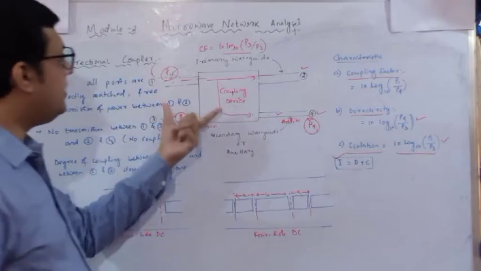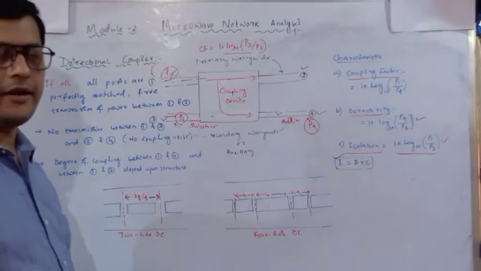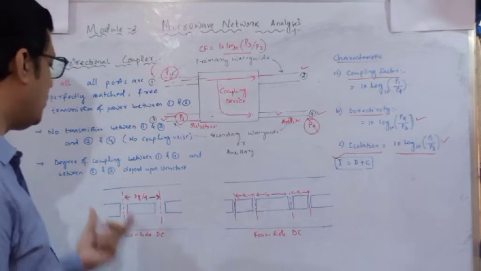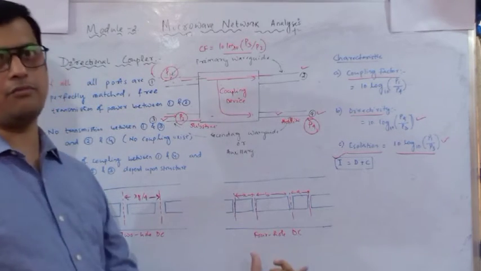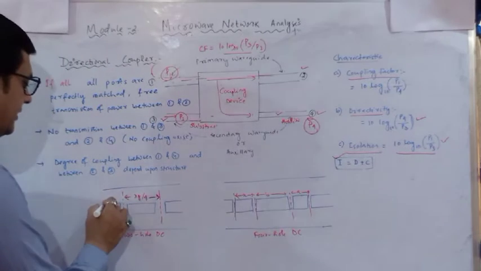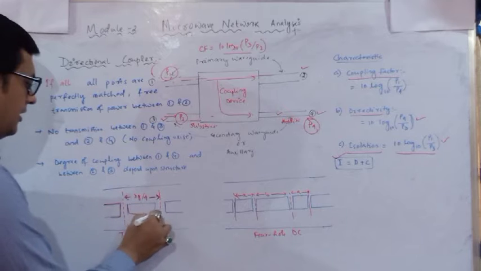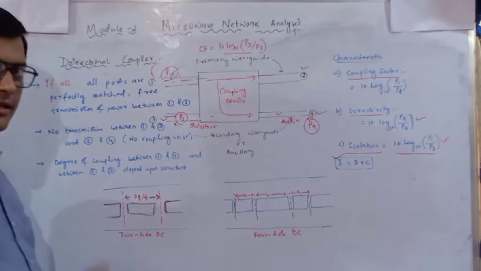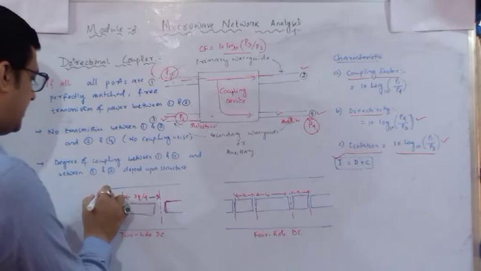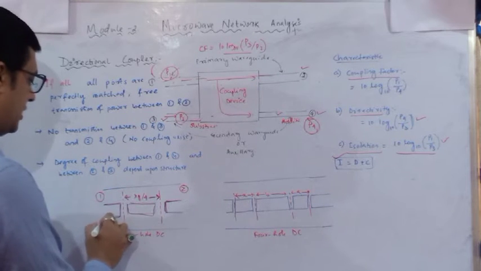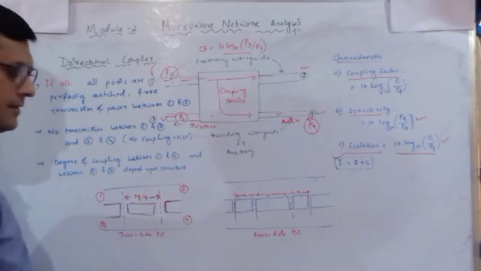Now depending upon the directional coupler, we have different sorts of arrangement, whether it is a 2-hole directional coupler or a 4-hole directional coupler. Two hole means this is one substrate, there is a small gap, there is one more substrate, and this is one substrate. So how many gaps are there? Two holes. This is called port 1, this is port 2, this is port 3, and this is port 4. Okay.